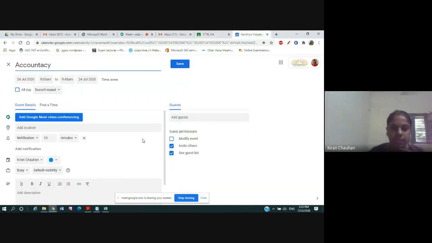Now, first of all, let us see this Google Calendar. Don't create a Gmeet ID from here. Just write the name of the subject, the timing, and please click on invite others and see guest list, because the children will share this Meet link with other students, their friends and their relatives. These people may be able to join your class using the Meet link, and they will disturb the class or create some problem. So please disable these options. They will be enabled at first, then you have to disable invite others and see guest list. Once this is all set, you can click on save.